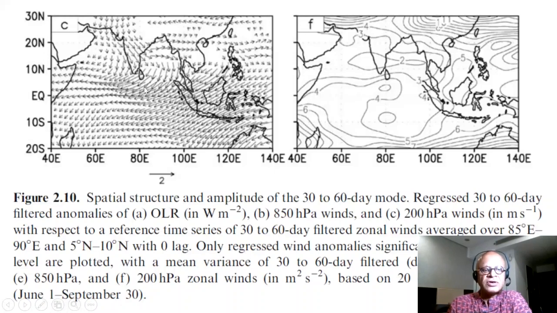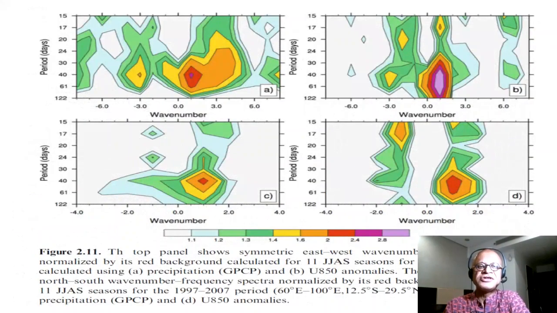this is the C, and I'm going back and forth. This is 200 hectopascal, this is 200 hectopascal zonal wind. So this gives you a sense of the structure of the 10 to 20 day and 30 to 60 day